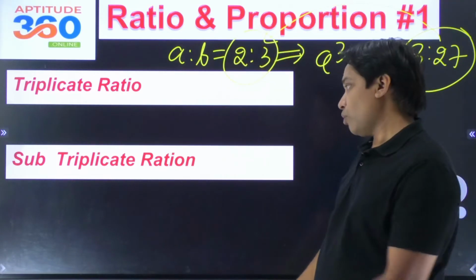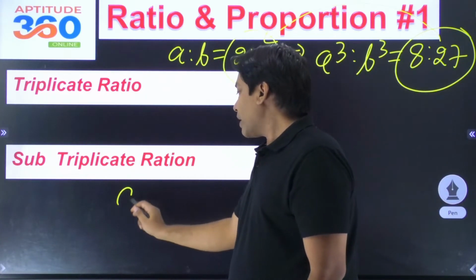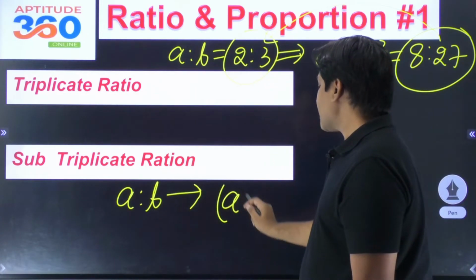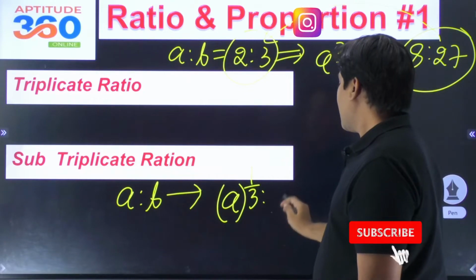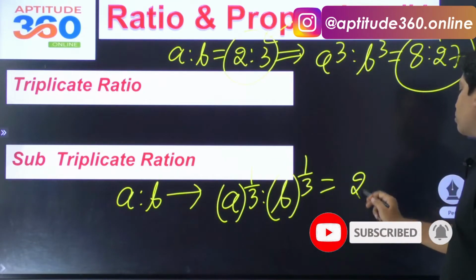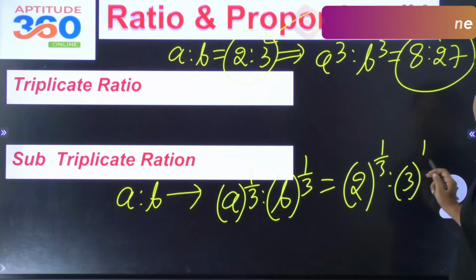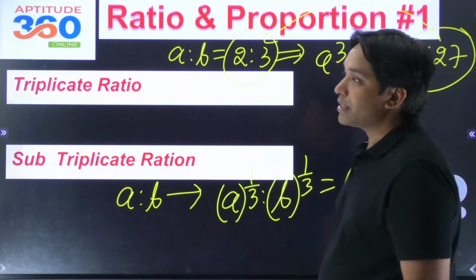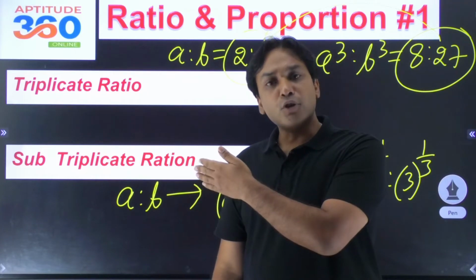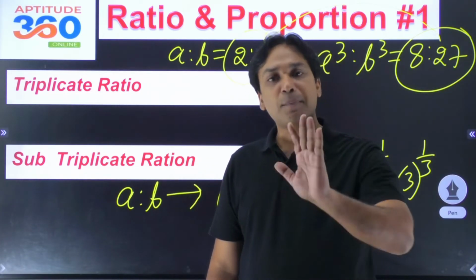Does this make sense? So now you also understand how do we find out sub-triplicate ratio. तो अगर मेरे को A:B दे के रखेगा, वो मेरे से पूछेगा कि आप बता दो भाई इसका, this ratio you have to find out. So in this case it is going to be 2:2, 1/3. That is what it is. Very simple. मैंने क्या बोला आपको? ये वो टॉपिक्स है ना, ये वो टर्म्स हैं जो आपने 5th स्टैंडर्ड में ऑलरेडी पढ़ के रखा हुआ है, समहाउ आपको स्किप कर गया होगा।